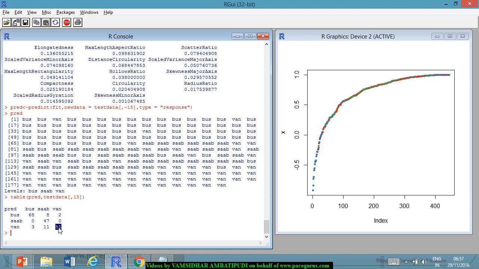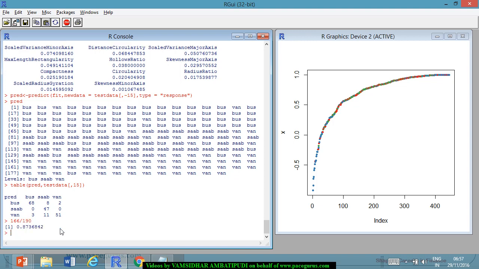So going with the accuracy of the model, so this is 98 plus 68, resulting in 166 out of 190 being correctly classified, giving me an accuracy rate of only 87.36% using this model. Whereas when we have used our earlier model, we have got an accuracy rate of 92%. So that is where probably the random forest function from the random forest package has given us a much better prediction on the testing data for this particular model rather than